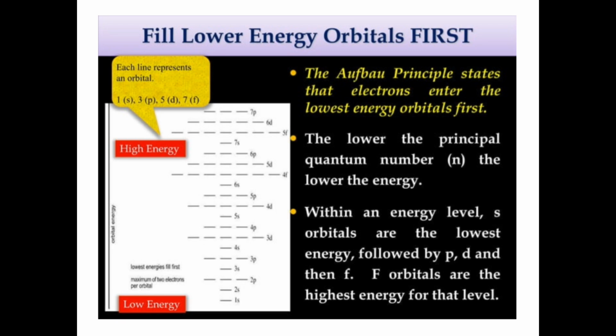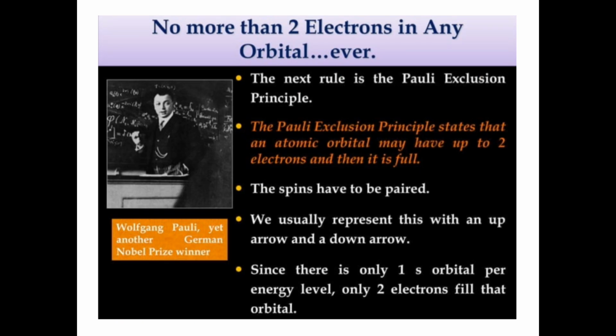So when you're writing their configuration, the 4s comes before the 3d. So Aufbau is saying that you fill the one with lower energy first. That's why you start with 1s, then you go to the one with the higher energy. Okay,